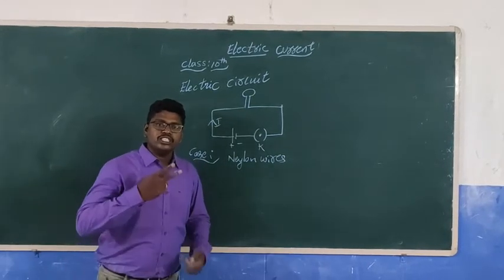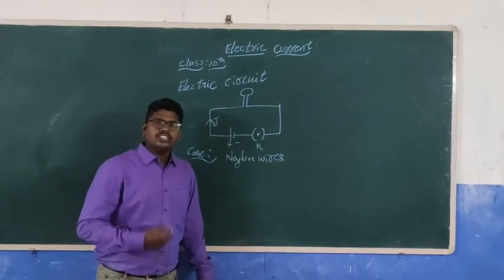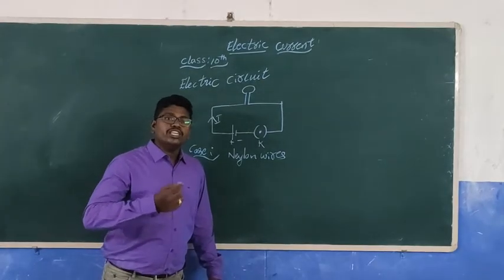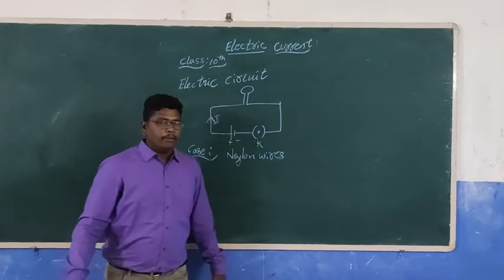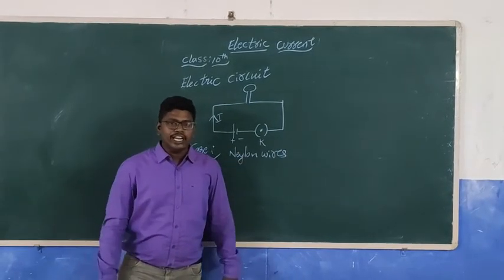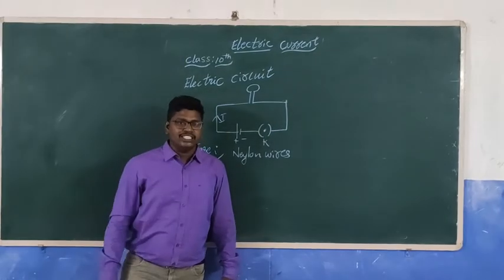Here we have to discuss two things: one is a good conductor and the other is a bad conductor. What is a good conductor? It means something which allows heat and electricity. For example, metals all come under conductors, because metals allow heat and electricity.